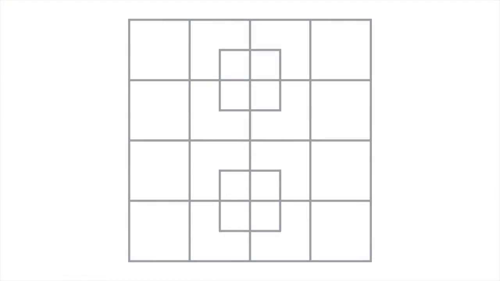So 40 is the conventional number, and I think if you came up with 40 you can probably give yourself an A. But it's 40 squares if we're looking at this grid as a set of drawn lines, like you'd make with a pencil or a pen or Illustrator or your toe in the sand. But there's another way of looking at this. Let's zoom in, and you're probably seeing two squares here.